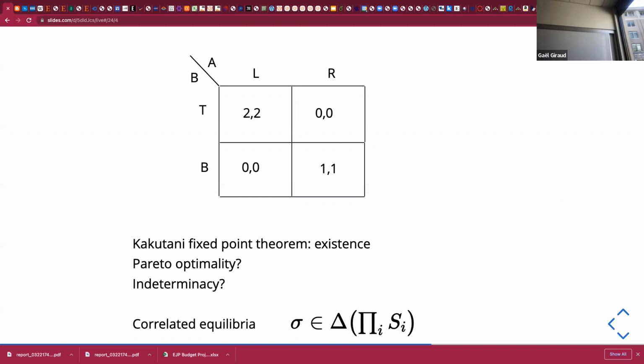So some game theorists in the 80s even invented an even broader concept, which is called the correlated equilibrium, where instead of asking everybody to choose a probability on the pure strategy set, you take a probability on the product of the strategies. For instance, you say, let's play with probability 1/3 2-2 and with probability 2/3 1-1, which means we have a stochastic correlation device between Michael and me, but let's say we flip a coin, but according to the outcome of the coin, then either we play 2-2 or we play 1-1,